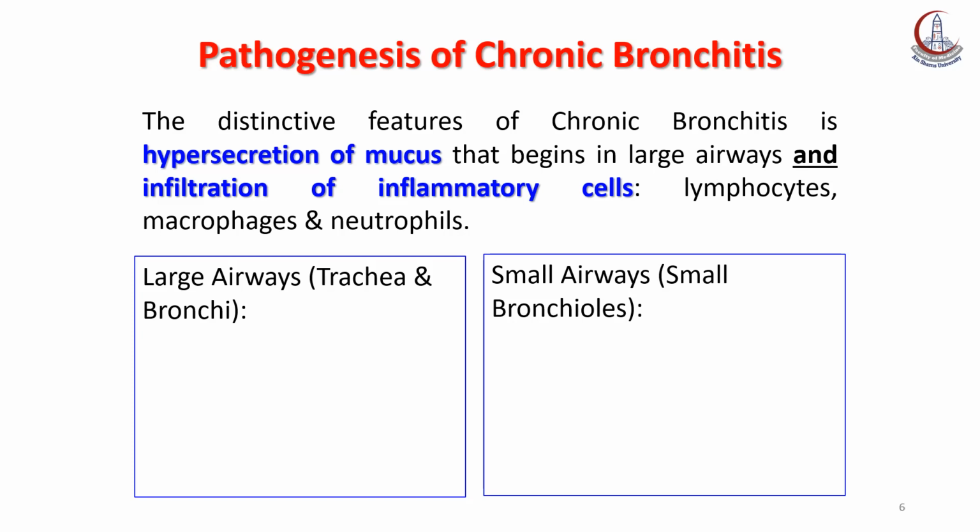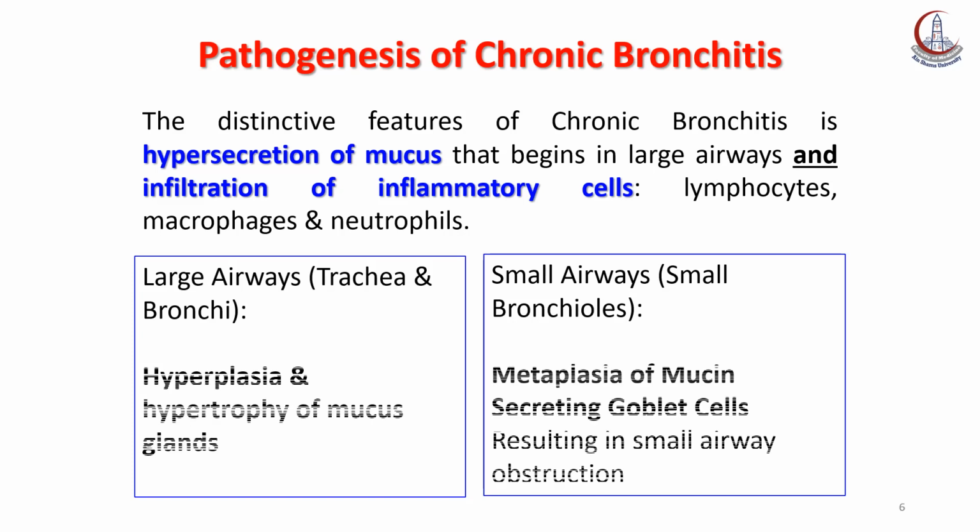Pathogenesis of chronic bronchitis. The characteristic feature of chronic bronchitis is hypersecretion of mucus that begins in the large airways with infiltration of inflammatory cells like lymphocytes, macrophages, and neutrophils. This disease starts in the large airways like the trachea and bronchi, leading to hyperplasia and hypertrophy of the mucus glands, then affecting the small airways like the small bronchioles, leading to metaplasia of mucin-secreting goblet cells, resulting in small airway